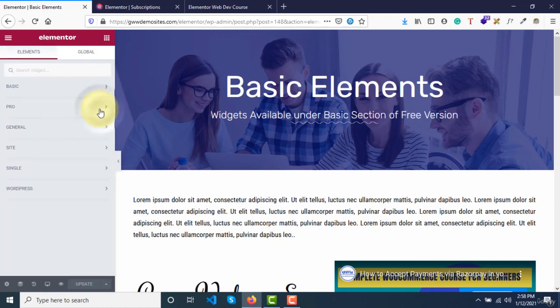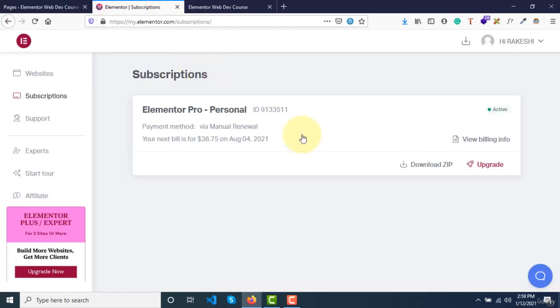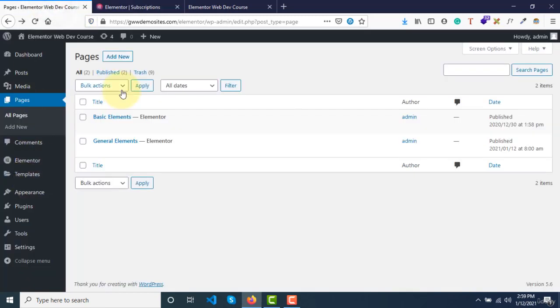If we install WooCommerce, we will have one more section called WooCommerce, and another set of widgets will be available. All right, then we have successfully installed and activated it. To activate, you should have the license, and then you click on activate once you upload and install it, right?